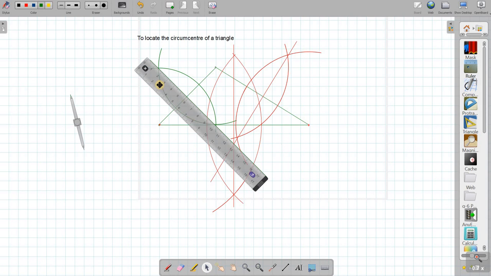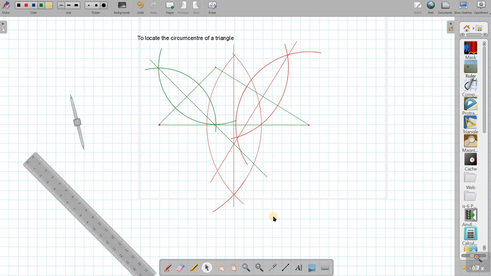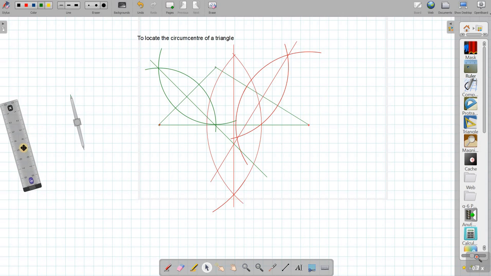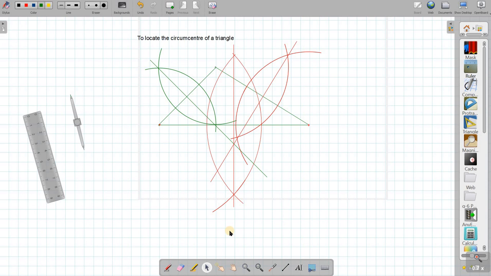Now I can see that the three perpendicular bisectors intersect at some point. What is the point of intersection of the three perpendicular bisectors? So now you see the three perpendicular bisectors, they are meeting at one point. Means the three perpendicular bisectors are concurrent lines. The three perpendicular bisectors of the three sides of the triangle are concurrent. The green perpendicular bisector, the other two are drawn in same color, red. But anyway, you can see this is the point of intersection of the three perpendicular bisectors.